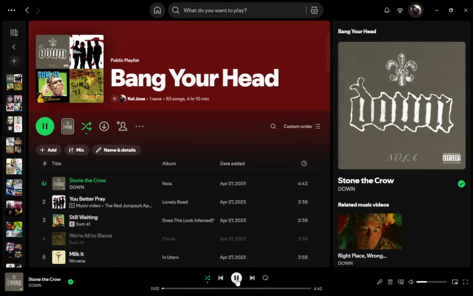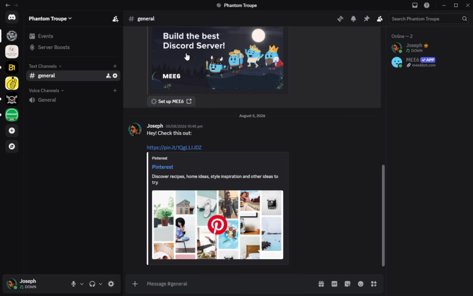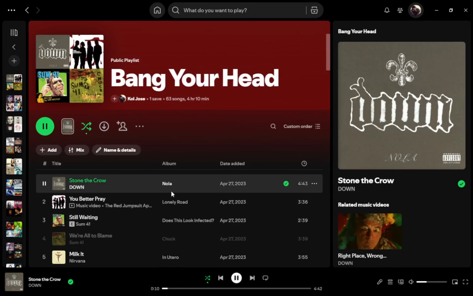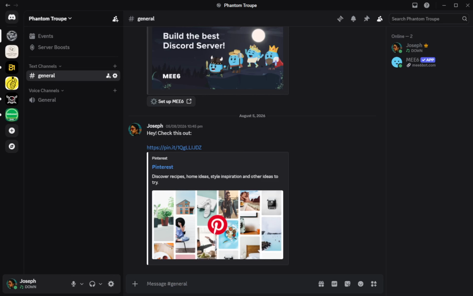Now open Spotify and play a song. You can use the Spotify app or the desktop version, as long as it is the same account you just connected. Start any track or playlist and let it play for a few seconds so Discord can detect it. Your Spotify activity can now appear on your Discord profile or status. On a computer, you will see the song title under your name in the user list. On mobile, it appears on your profile page.